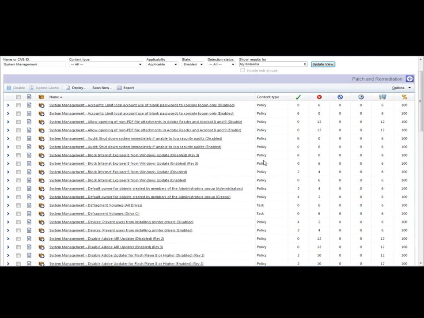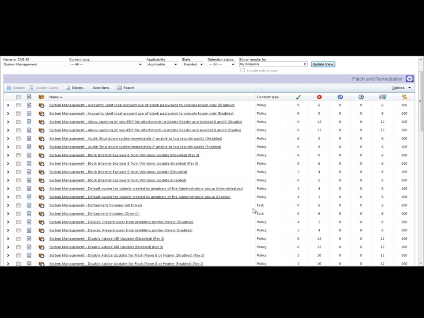So in this example, you can see we have a number of different policy and task content types. The difference here is that a task is something that you can apply over and over again, like a disk defragmentation, whereas a policy is something that you can set to a specific endpoint, and it's typically done on a one-time basis, and then it can be enforced. So for policies, you will actually have an accurate reading of a patched or non-patched status, where an endpoint will show patched for a policy if that policy is enabled on that endpoint. In a task, it's not going to show whether it's patched or not patched, because I could always deploy this